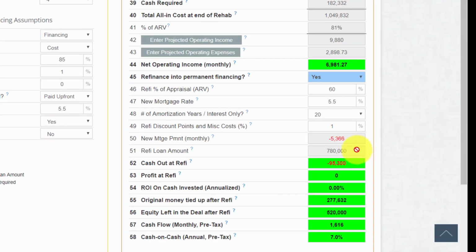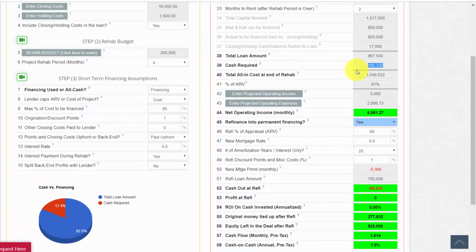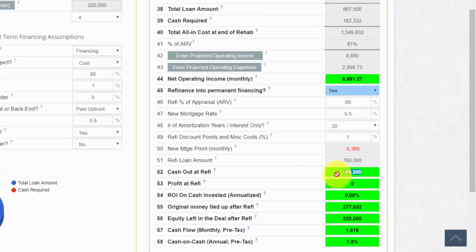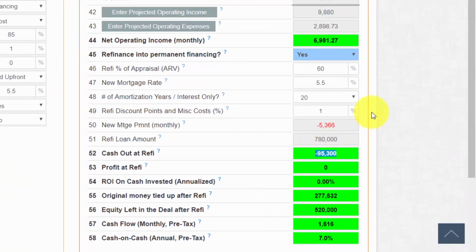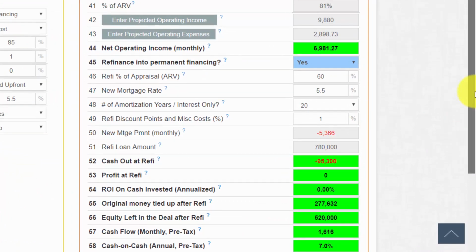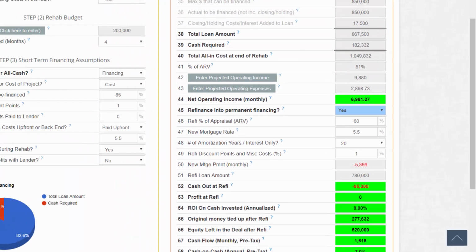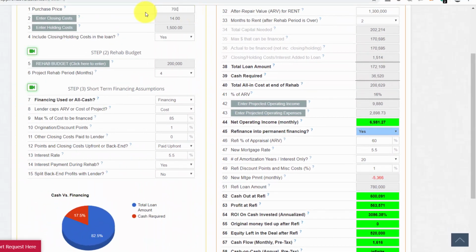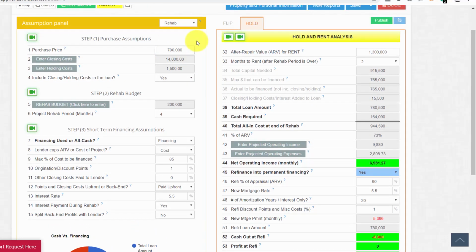I certainly don't want to be in a situation where I commit $180,000 to my construction loan and then have to bring another $95,000 to the table when I refi. That's not great. So my only option is to pay less for the deal. Let's try $700,000. Now the problem is, in this market, they're not going to take $700,000. Somebody's going to go in there and overpay. But look, if I pay $700,000